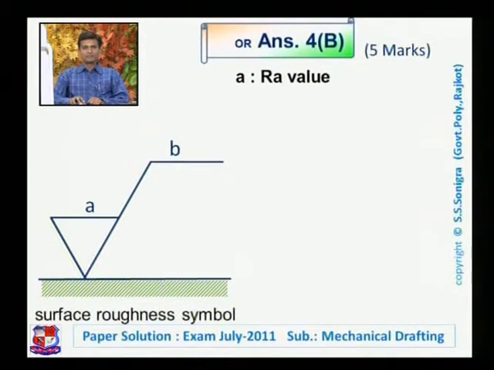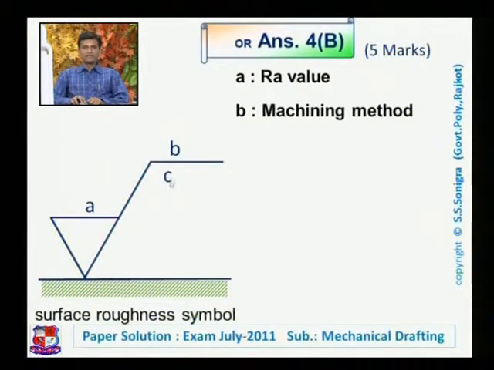B is written over here, which represents the machining method, which machining method is used to prepare this surface. The machining methods may be milling, grinding, turning, shaping, honing, lapping, whatever, which is written over here in short letters. For example, if it's a grinding method, GRIND should be written in place of B. If it's drilling, then in place of B, DRILL should be written over here.